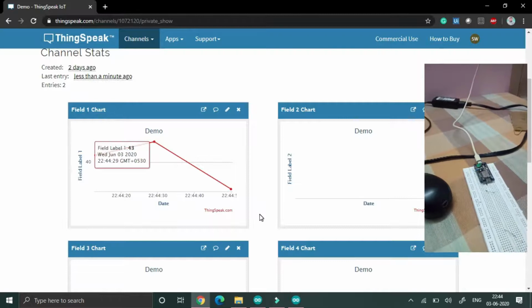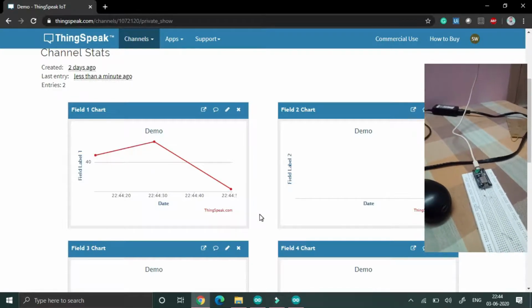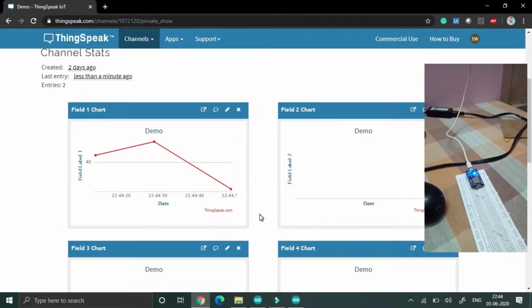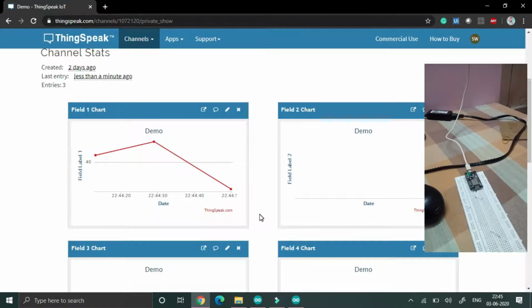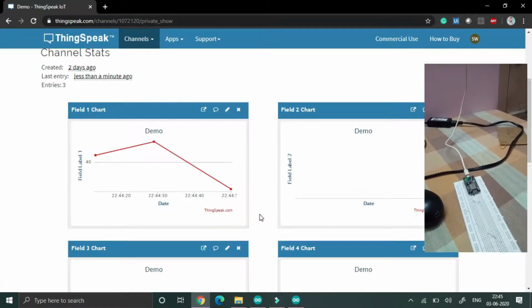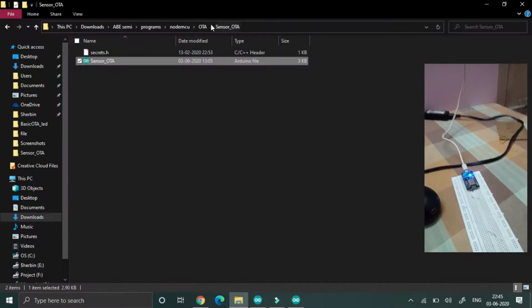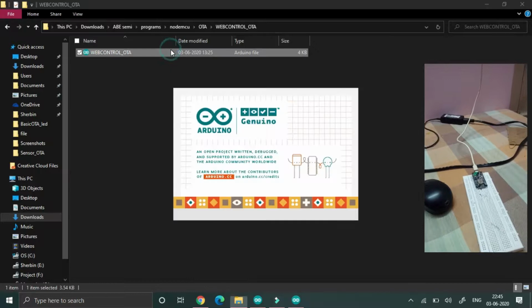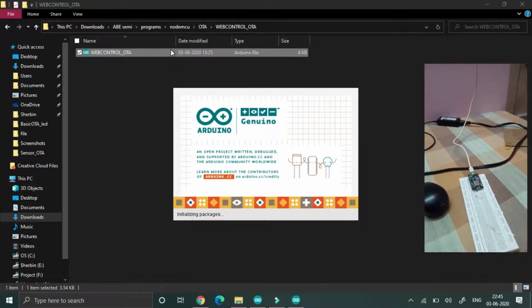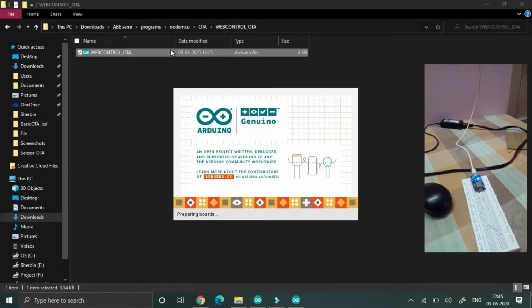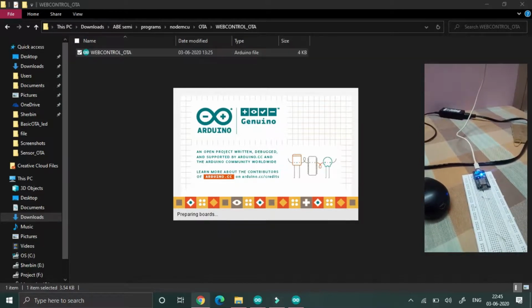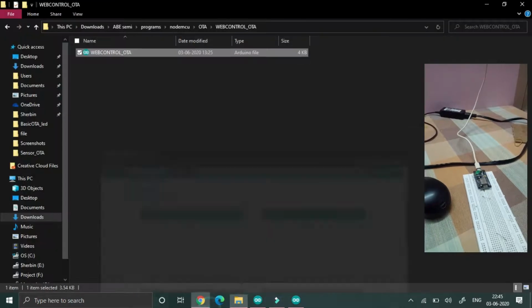The program is uploaded wirelessly. The data is also uploading to that cloud. So this is how OTA works in that sensor based network. Then afterwards I am uploading a web based program. This program will control the LED from my web server. So this program is also uploaded wirelessly.